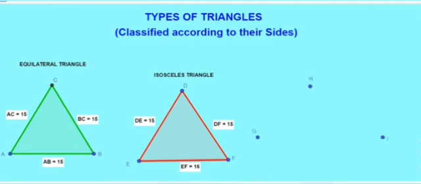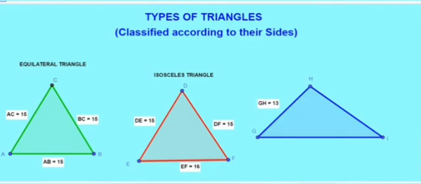Let us see another triangle. Okay, look at here. I am taking the measurement now. That is, GH is equal to 13 centimeters. Next, HI equal to 16 centimeters. And GI equal to 22 centimeters. So we can say, three sides are different: one is 13, one is 16, one is 22. That is, all the sides are different. So we can say they are called scalene triangle. If all sides are equal, equilateral. All sides are different, scalene triangle. If two sides are equal, isosceles triangle. Clear? Okay, good.